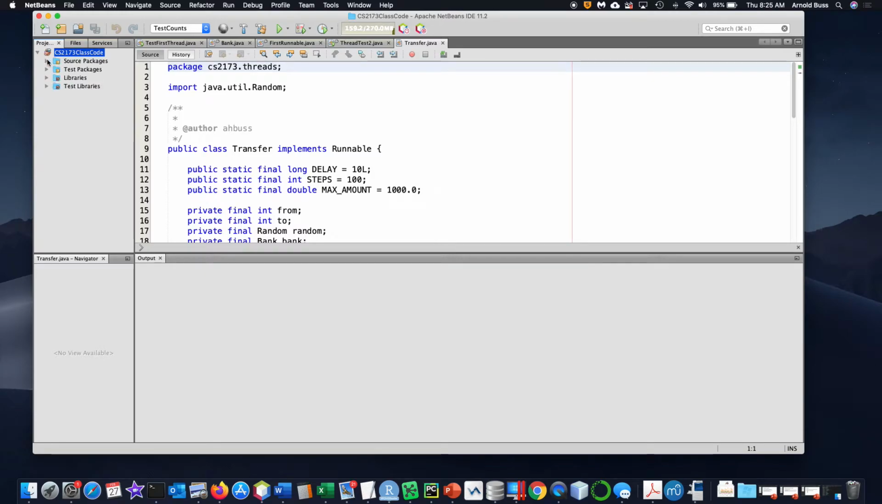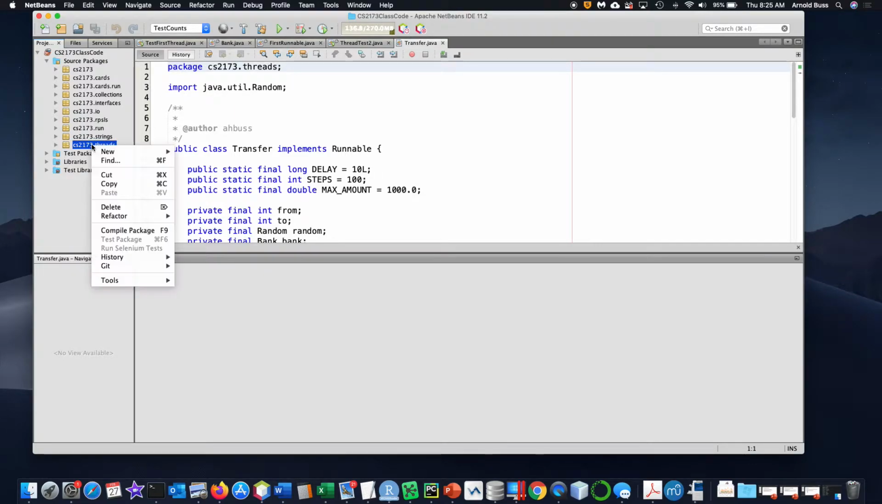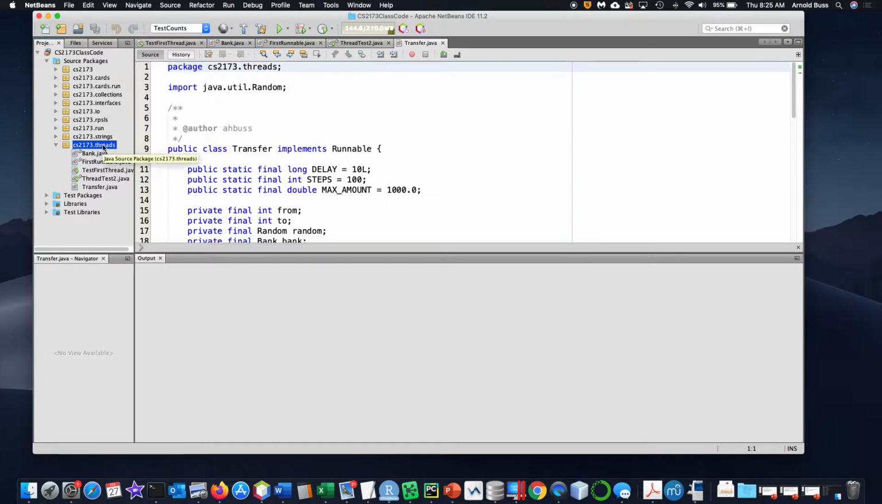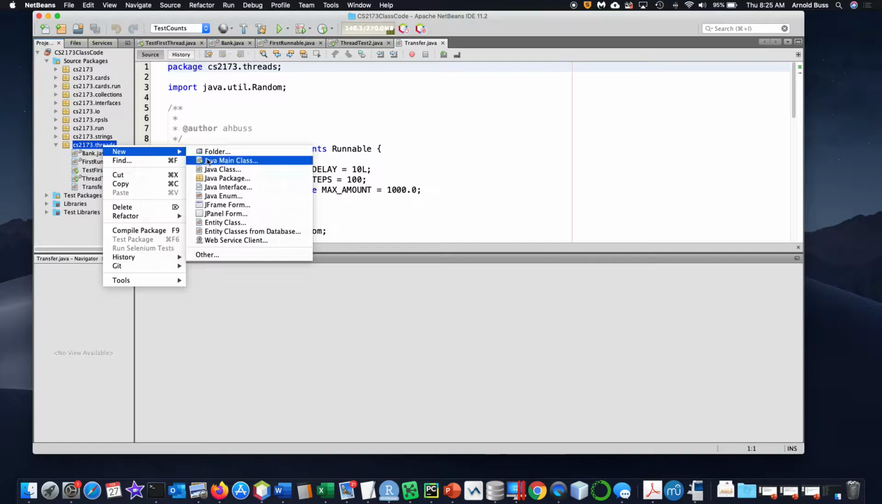Some of the things that can kind of go wrong with this. So let's see, where should I put this? I'll put this in the threads package, because that's kind of what this is about. Threads, inner classes, whatever. All right, so first what we're going to do is create something called a